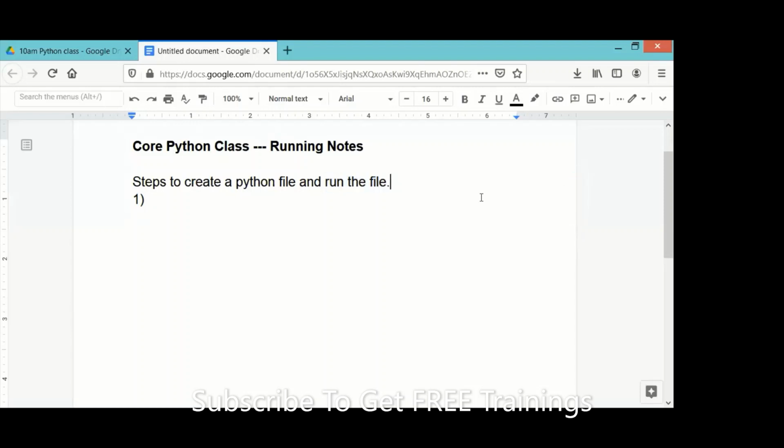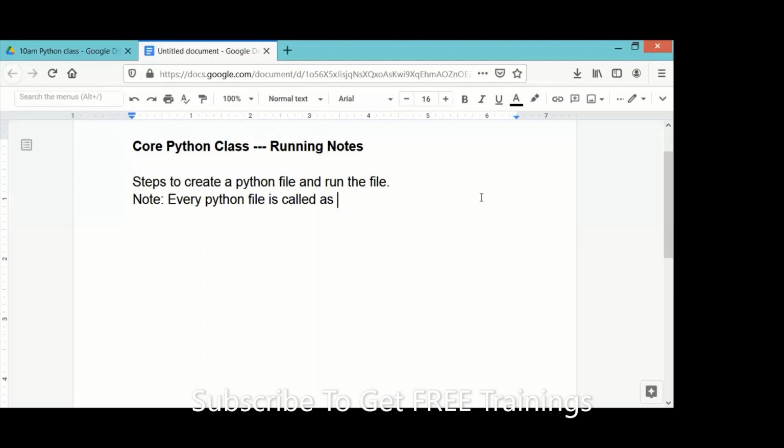The first most important point you need to remember is that every Python file is called a module. There is a concept in Python called packages and modules.